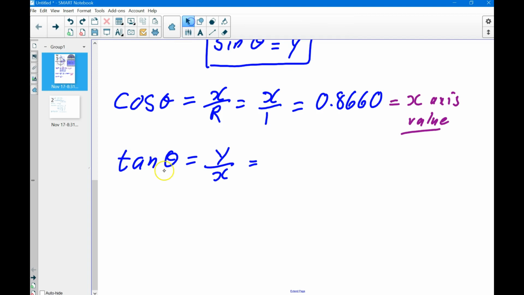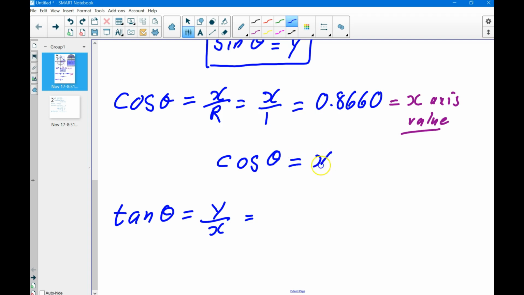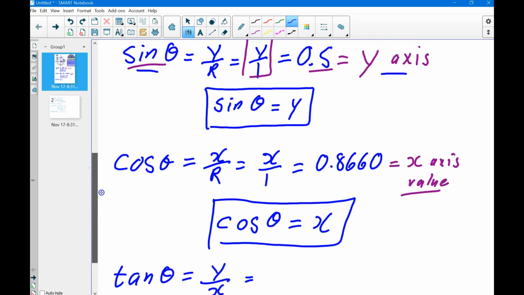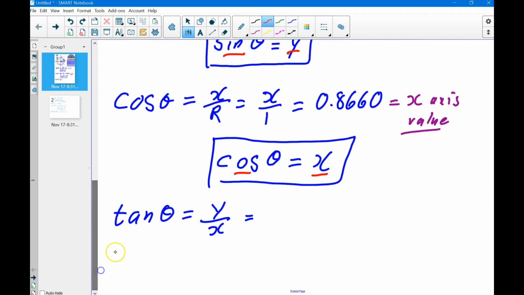Down here the same thing goes. My cosine theta is actually my x. So when I see one of these like this, I can substitute. What I mean by that is that I can use this, or instead, if I want to, I could use this. Same down here, I can use this, and if I don't want to use cosine theta, I can use x. So down here, you'll notice this is where it starts getting a little bit sneaky,